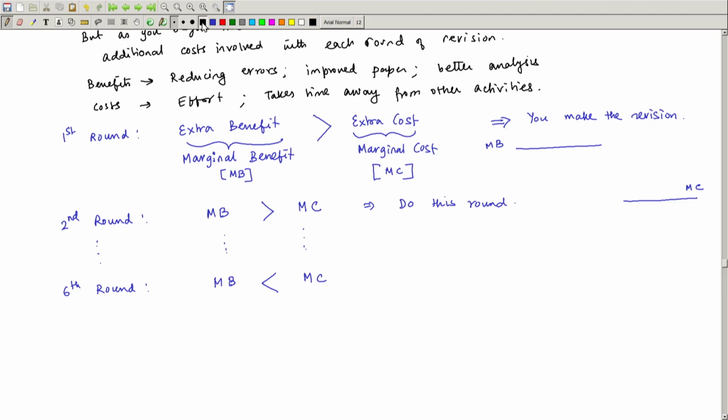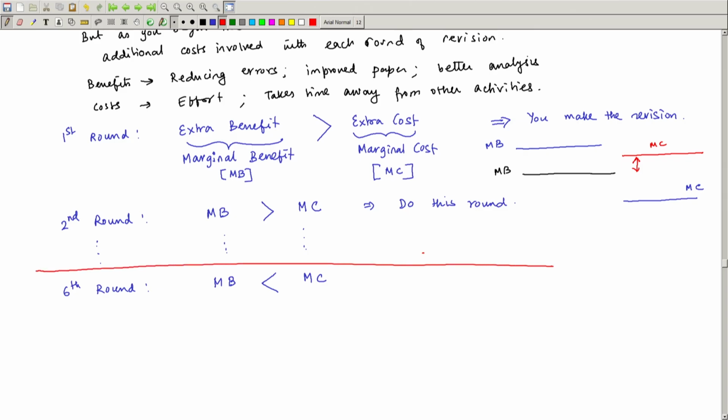So, you are still going to be able to get a marginal benefit. Let us say the marginal benefit is somewhere here, right, some positive marginal benefit, but now your marginal cost has actually increased. So, this is the marginal cost and this is your marginal benefit, right. Now, why is the marginal benefit in the sixth round a lot lower than that in the first round? Those are things that I will get into a little later, but for the moment let us focus on the fact that beyond a certain number of rounds, we are going to see that the marginal cost has exceeded the marginal benefit. The essence of marginal analysis is, so you stop before